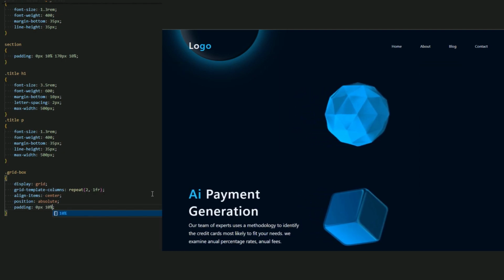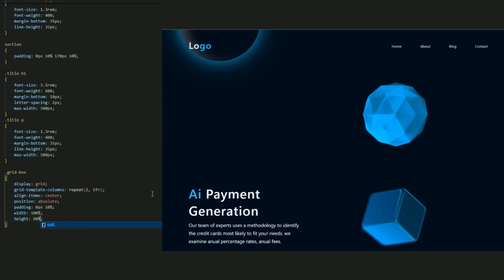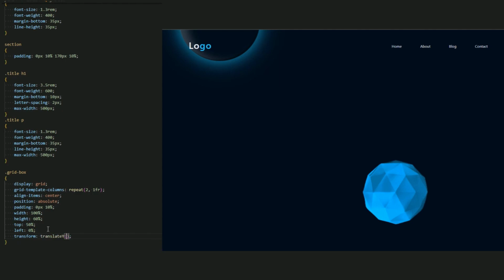Okay, now set the width 100% and the height, 60% is enough. Top 50%, left 0% because we add the padding. And for the transform, translateY minus 50% to become centered.